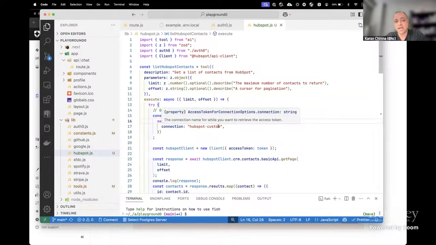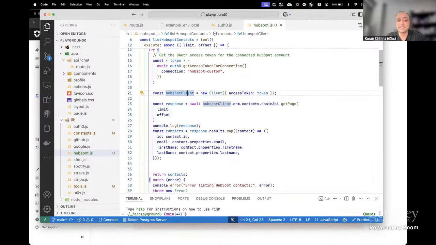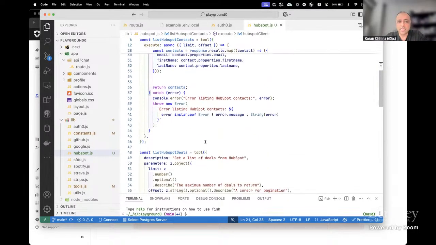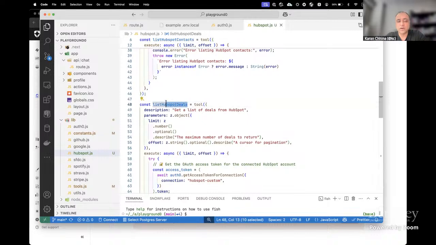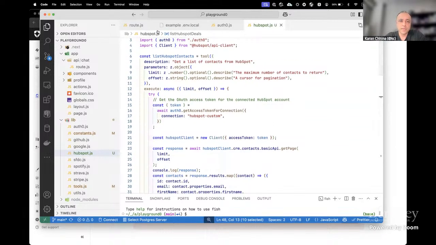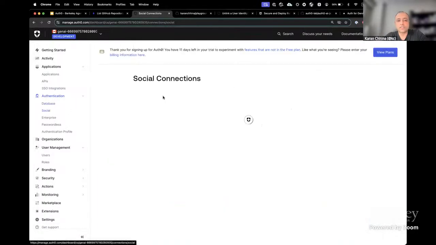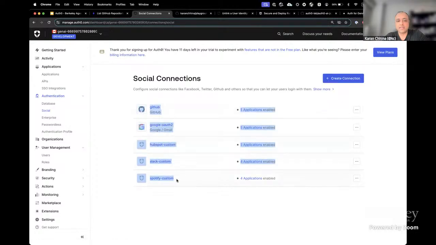The connection type is HubSpot custom, which basically enables this tool to call Auth0 to get an access token for HubSpot on behalf of the user, so that it can call the client HubSpot APIs and get the contact details or the HubSpot deals or anything else that you have built in the tools. And these connections are what we configure in Auth0, so that the app can ask for credentials on behalf